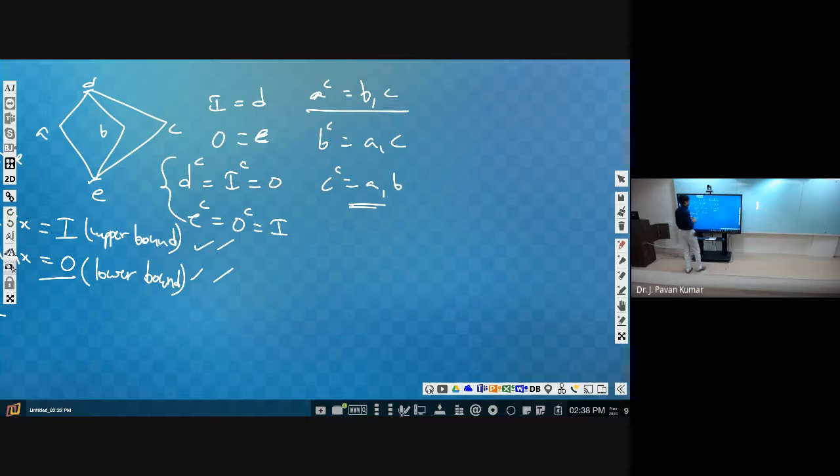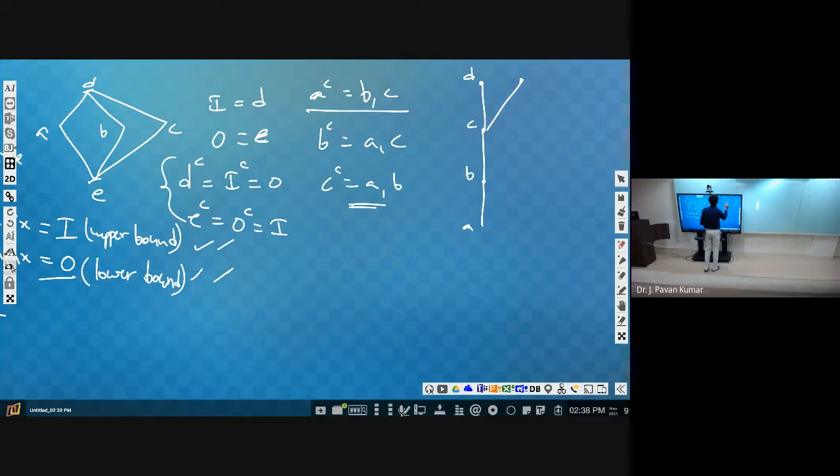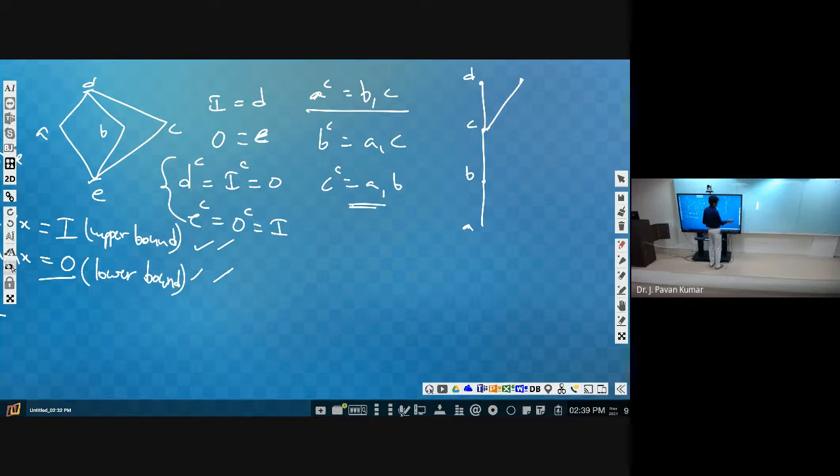Like this, for any given element, we are able to find out what the complement is in a lattice. Suppose you consider a simple thing. Is this a lattice or not? First of all, is this a lattice? Yes. Suppose I have it like this, is this a lattice? No. Why? Because, of course, a single greatest element we should have. That is the restriction, right?